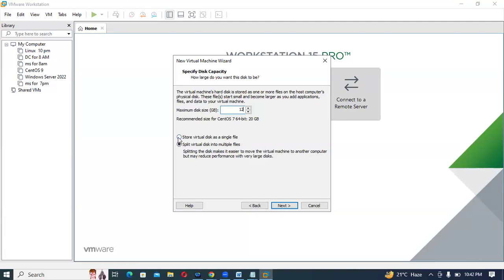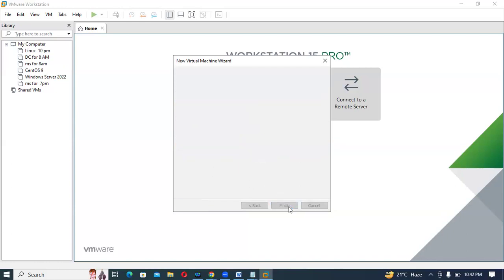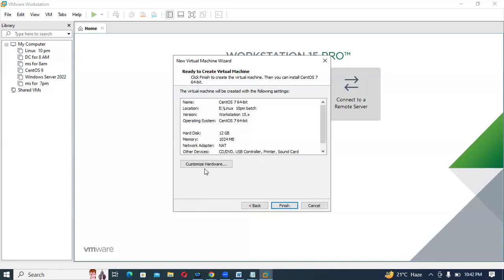If you select less than 12, it will not work. That is the minimum it can support. So I'm giving 12 GB. Then go with the first option. Instead of the second option, you select store the virtual disk as a single file. Then next, before finish,